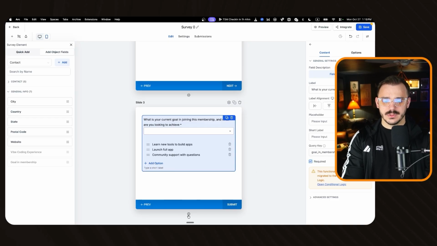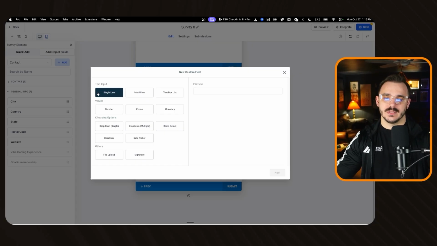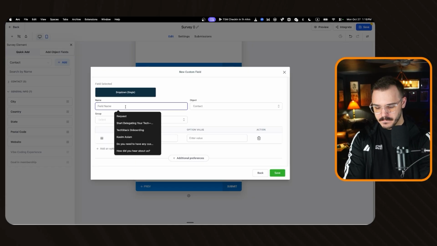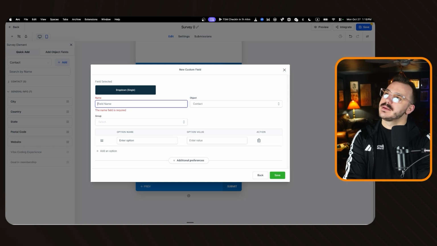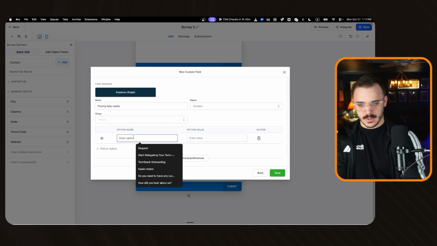And lastly, in order for me to market to them properly, I can ask them a question that would allow me to understand where they're coming into within the community, right? So I can ask something like if they need hand holding, so if they need priority support, priority help. Do you, or let's say, priority help needs, and then I will call it in here. I will say something like